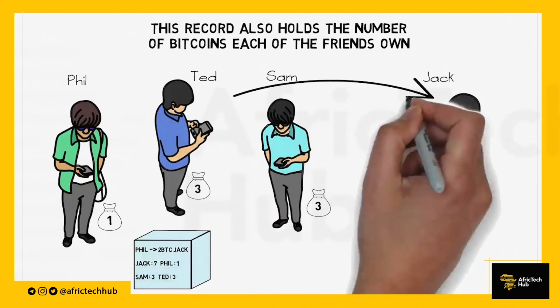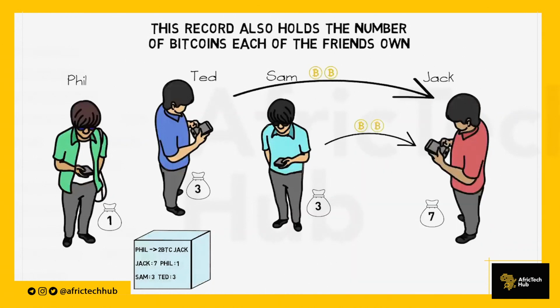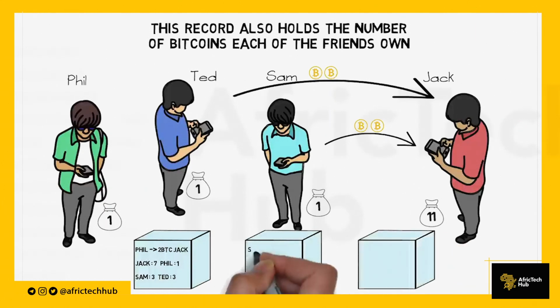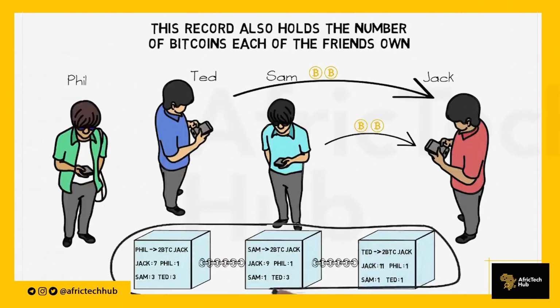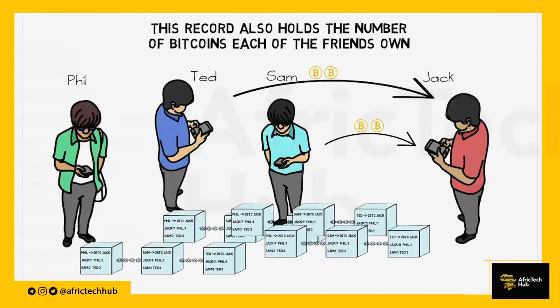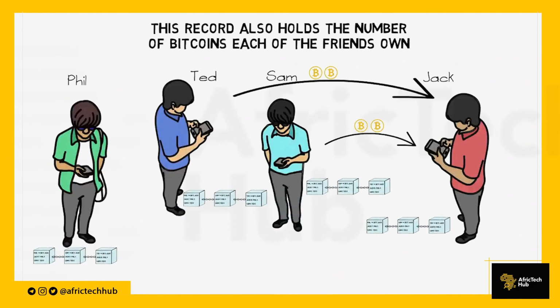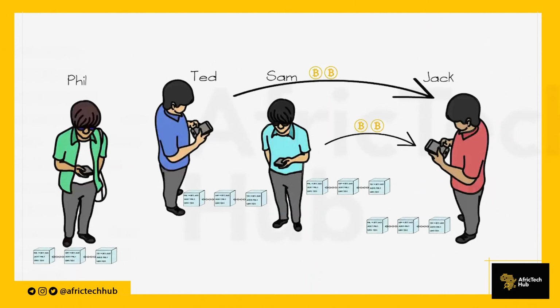Following this, Sam and Ted send 2 bitcoins each to Jack. A new block is created for each of these transactions. These blocks hold the transaction details, as well as how many bitcoins Sam, Ted, and Jack have in their reserve. These blocks are linked to each other, as each of them take reference from the previous one for the number of bitcoin each friend owns. This chain of records or blocks is called a ledger. Now this ledger is shared among all the friends, which act as a public distributed ledger, and it forms the